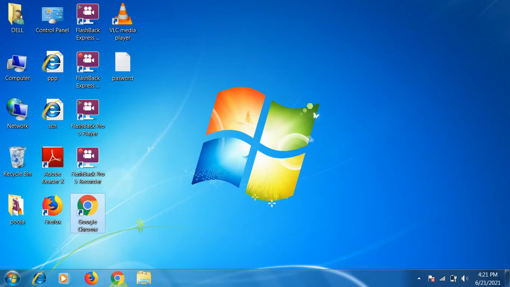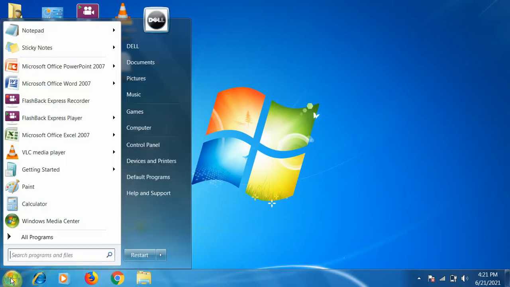Okay, next is taskbar. This is the taskbar you might have seen. This is the taskbar, and here there are different parts of taskbar. This is start button. You can see here the name is appearing. So start button, when you click on start button, you will get start menu. So this is called start menu, that is open and with the different names.